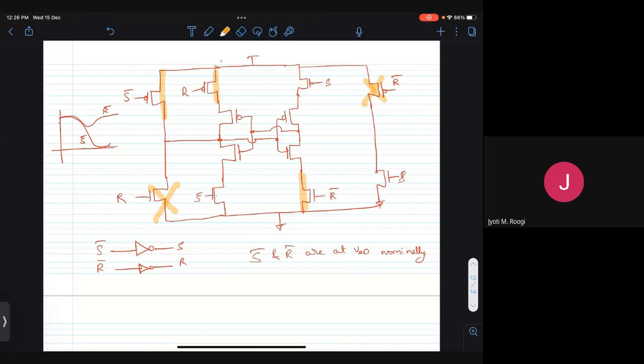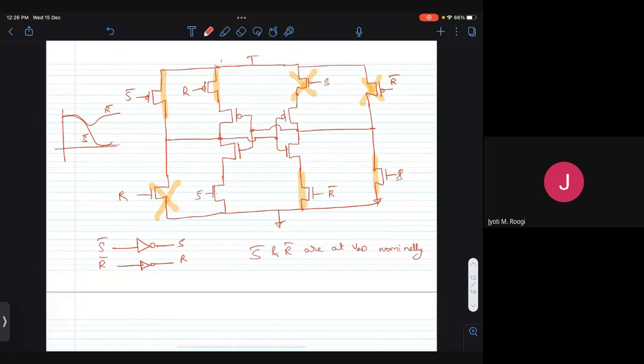S bar is 0, S is at VDD. So if S is at VDD, this transistor is off. S bar is 0, S is VDD, so this transistor is on. Wait, I did not connect this. Okay, and S bar is 0, so this transistor is off. So if you see, what is happening here is,